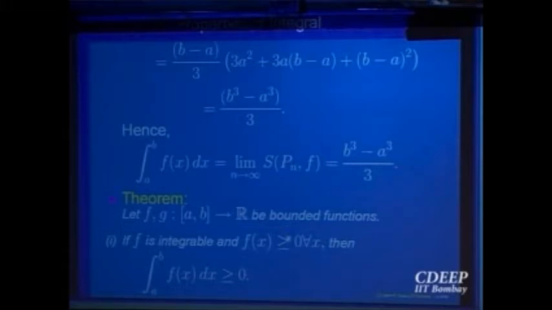It is the limit of the Riemann sums. And what is a Riemann sum? Value of the function at a point times the length of the interval. And if the function is non-negative, each term in that sum is going to be non-negative, so the limit is going to be non-negative. So this integral is going to be a non-negative quantity. So if f is non-negative, the integral is non-negative, right?